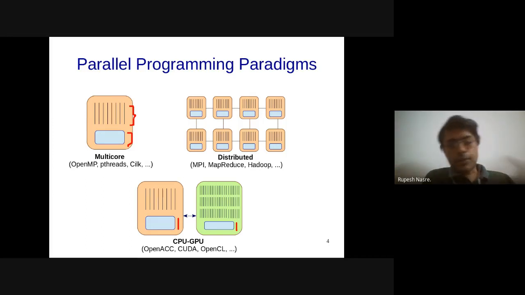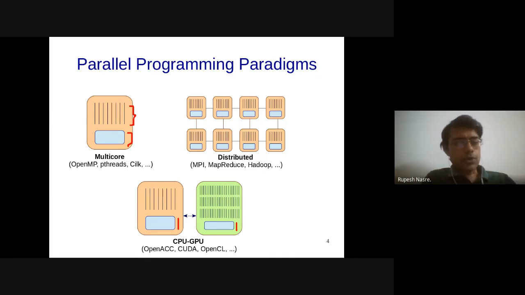Using this bus, they will communicate with each other. Typically, it's the CPU that is the initiator and communicates with the GPU. Typically, the GPU doesn't communicate directly with the CPU, which means the initiation happens mostly from the CPU side. In this context, sometimes the CPU is called a host because it is the one that is starting the overall program. It is deciding when to communicate with the GPU and so on. And it is actually managing the overall computation of your code.